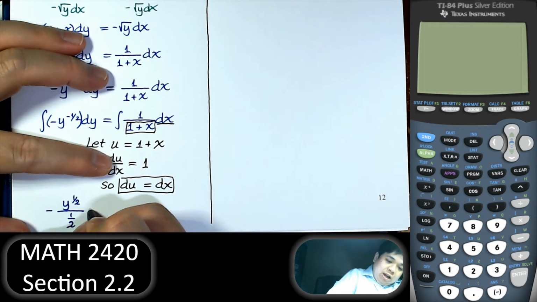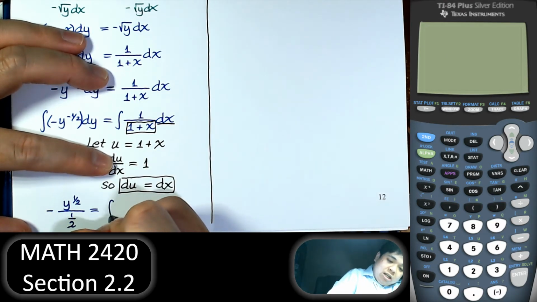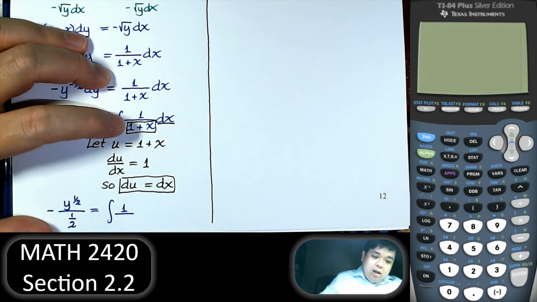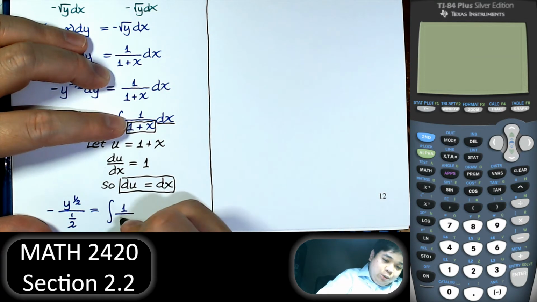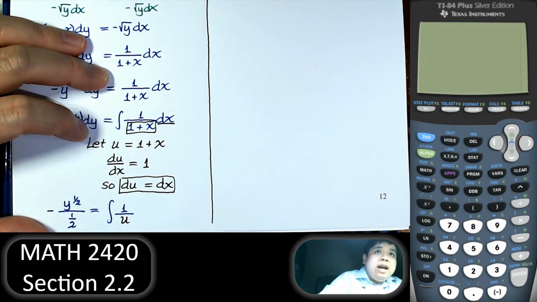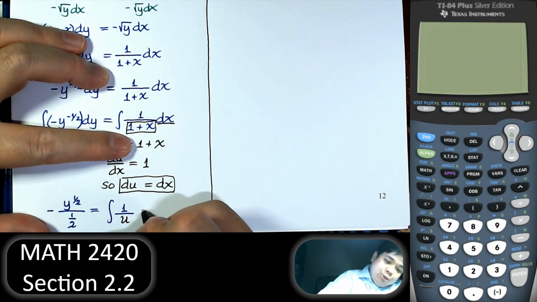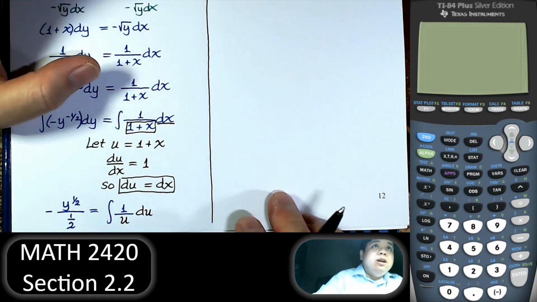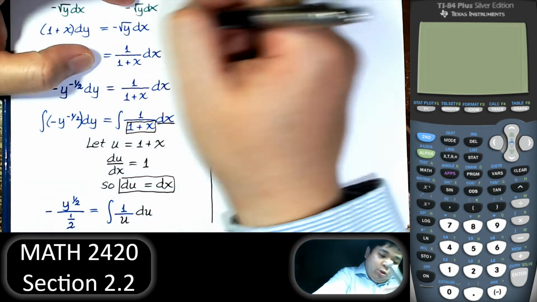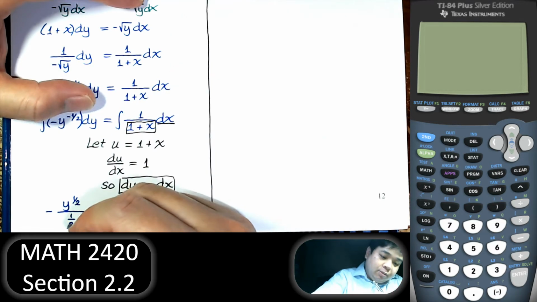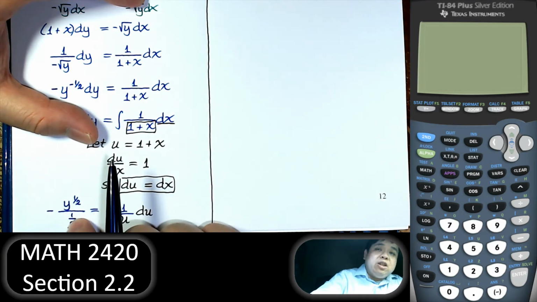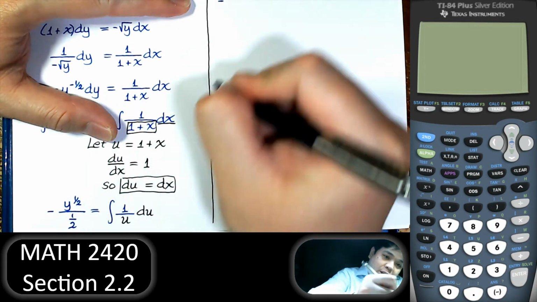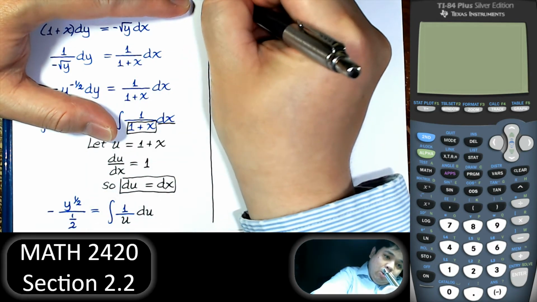And then on the right hand side, I will rewrite this integral as 1 over 1 plus x is going to be u, and dx is the same as du. So that's what we have. To rewrite this, we divide by 1/2, which is multiplied by the reciprocal. So we have negative 2 y to the 1/2